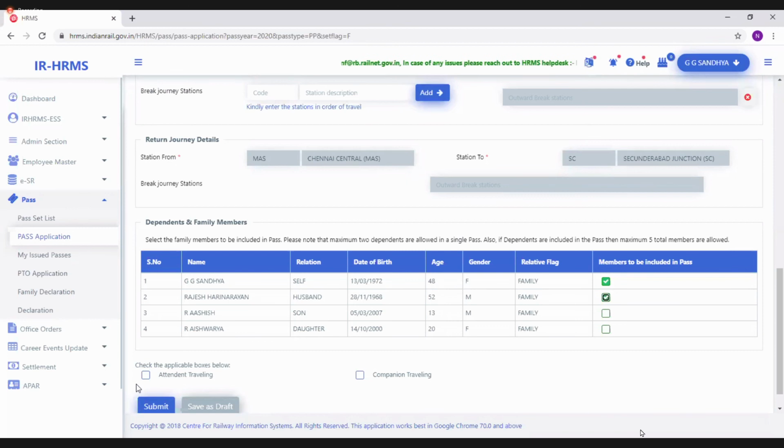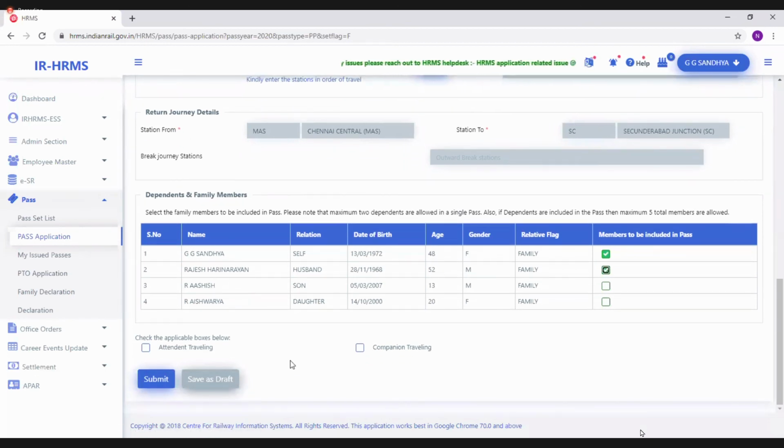Attendant traveling, if any, you have to give here. Companion traveling, attendant traveling and all, those details should be given. Once the submit button is pressed, it automatically flows to the pass clerk. After ensuring that the details are correct, he immediately forwards it to the pass issuing authority.